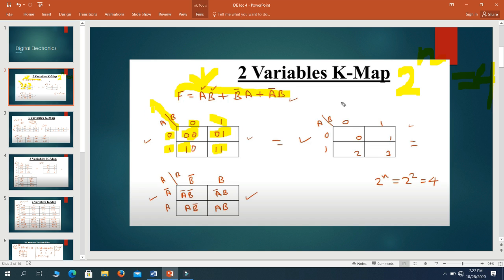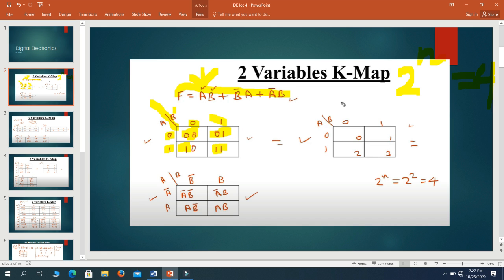So as you can see, I have written down 0 0 in this place. Why am I writing this? Because when we are selecting this cell, we are picking up this 0 value from A, and we are picking up this 0 value from B as well. Altogether, when we merge this together, this cell value becomes 0 0.